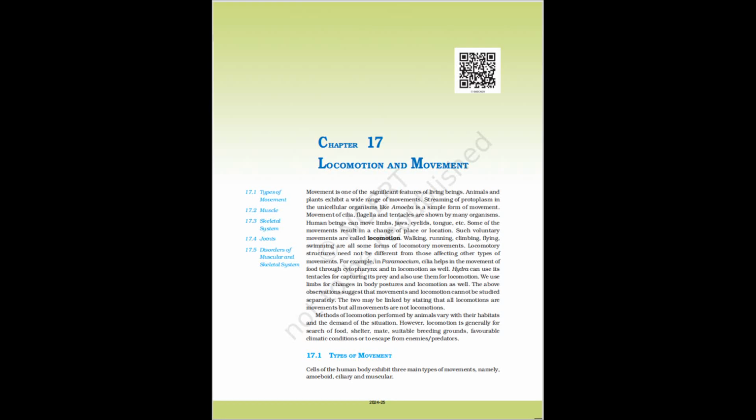Pectoral and pelvic girdle bones help in the articulation of the upper and the lower limbs respectively with the axial skeleton. Each girdle is formed of 2 halves. Each half of the pectoral girdle consists of a clavicle and a scapula, figure 17.9. Scapula is a large triangular flat bone situated in the dorsal part of the thorax between the 2nd and the